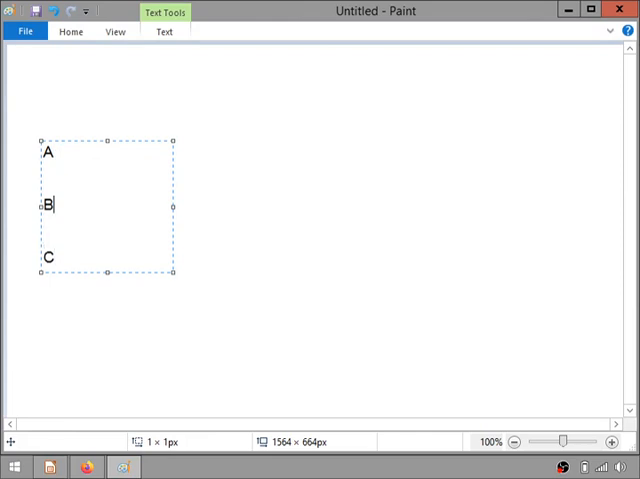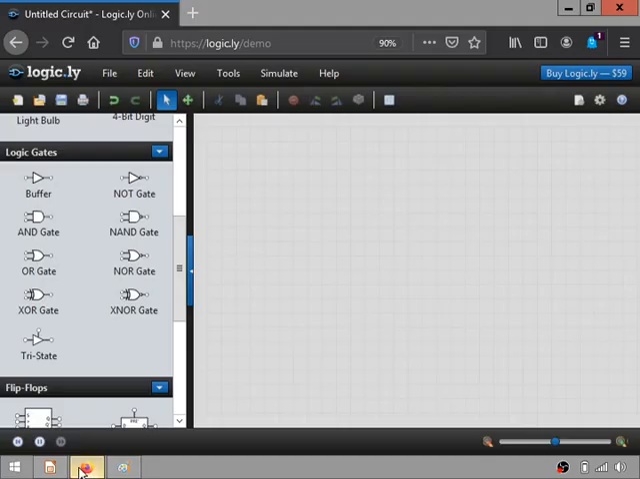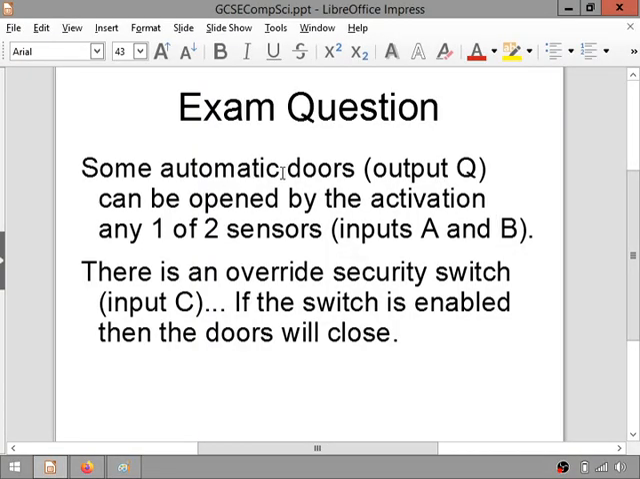So inputs A, B, and C. And there's also going to be an output Q. Okay, what next? So the automatic doors, Q, can be opened by the activation of any one of 2 sensors,